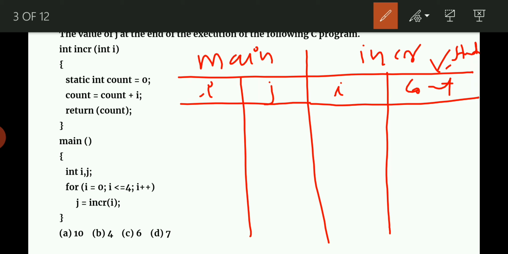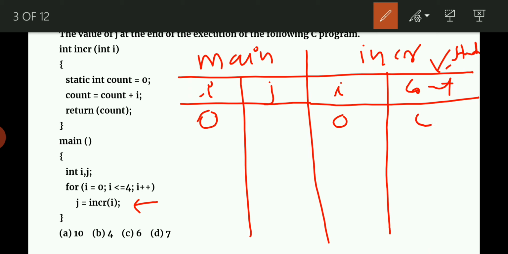Let us start with the main function. Initially i equal to 0, and whenever it enters the for loop, for i equal to 0, i less than or equal to 4, it calls the function incr of i. So whenever it calls incr of i, this i in function incr will get the value 0, and static int count equal to 0.